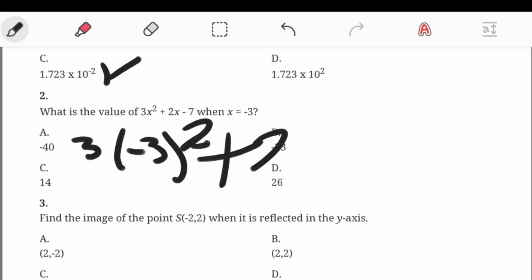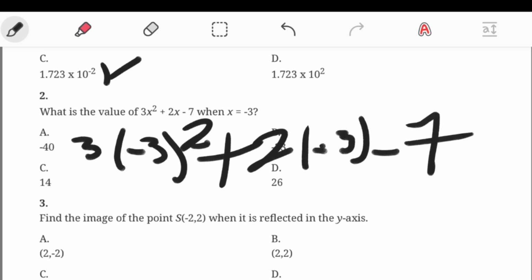plus 2, then you put minus 3, minus 7. So minus 3 squared will give you 9. 3 times minus 3 squared will give you 9, right? And then 9 times 3 will give you 27. So the whole of this will give you 27